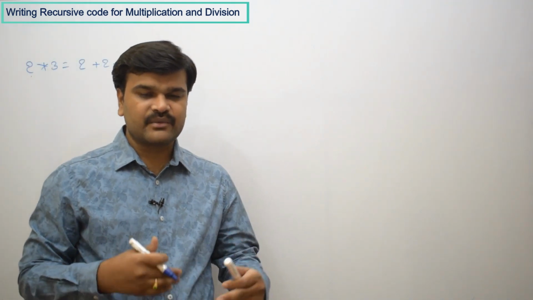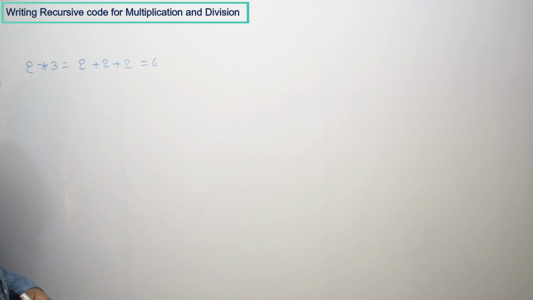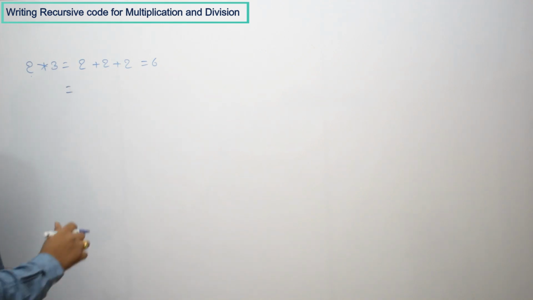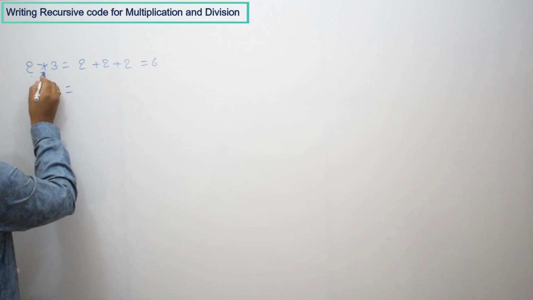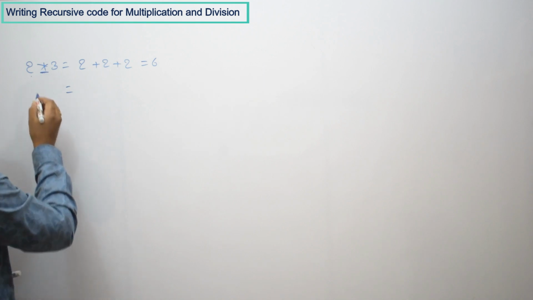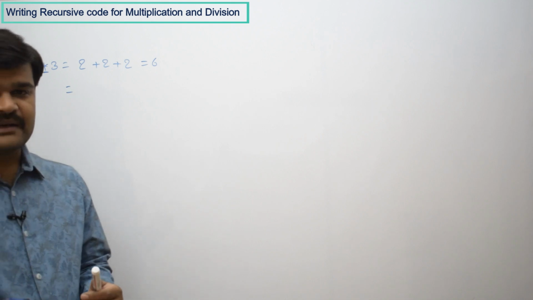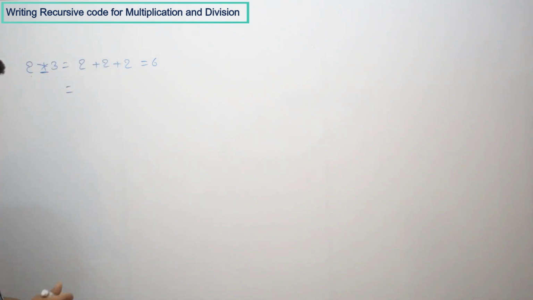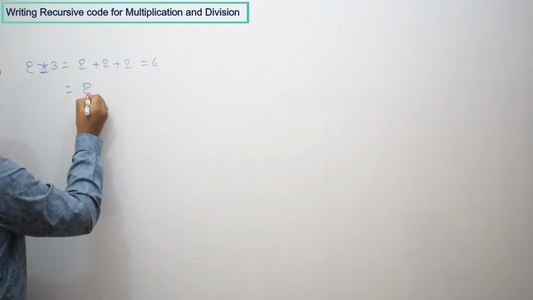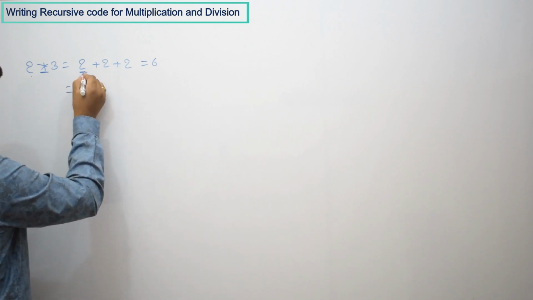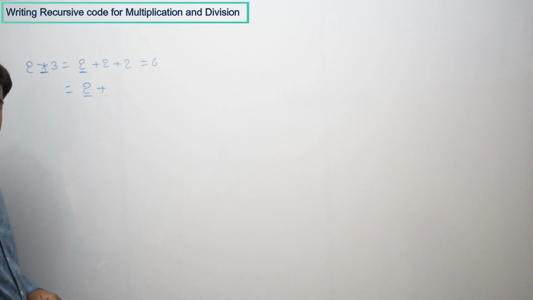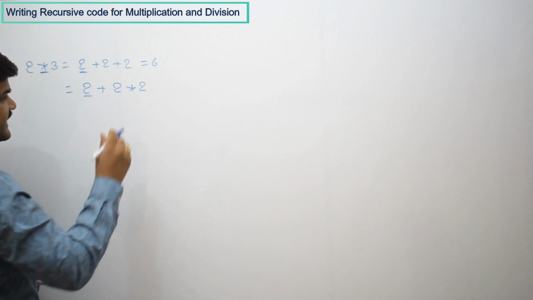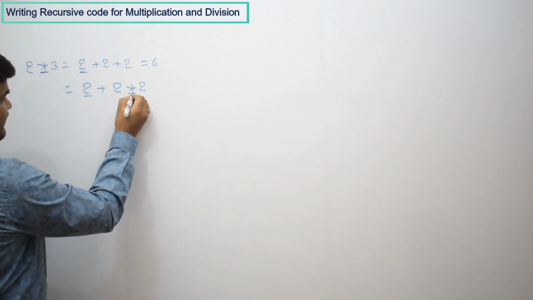But here we are going to see it in a recursive manner. For example, what is happening here? If you see the recursive step, this is the operation, you can say like the multiplication function name. Now, if you add 2 one time, then how many times do you have to add 2? Then you have to add 2 only 2 times. So again you have to perform the same operation.